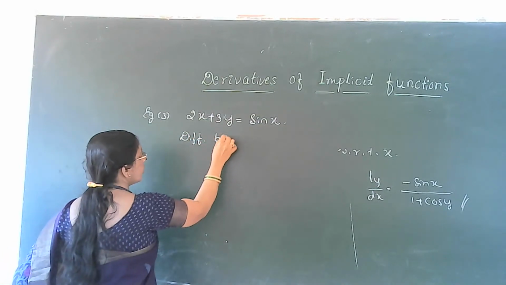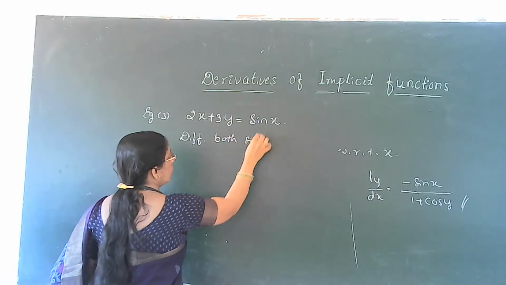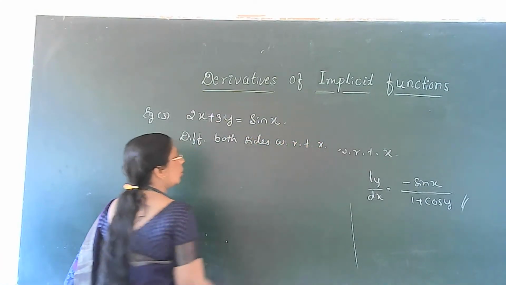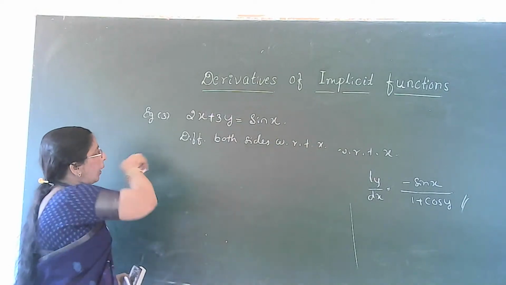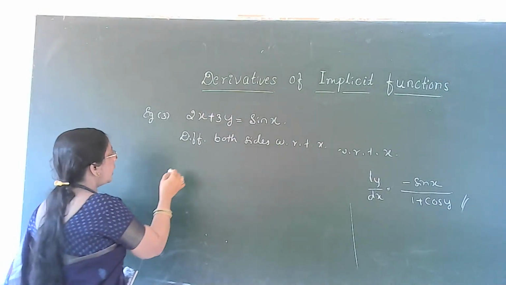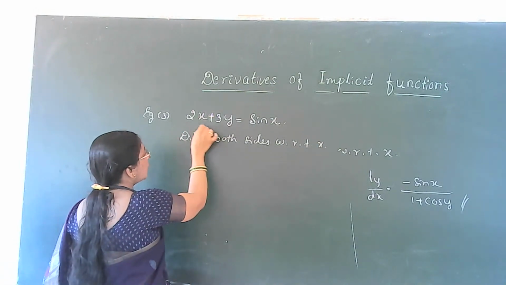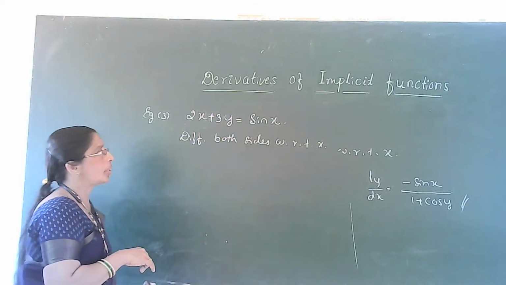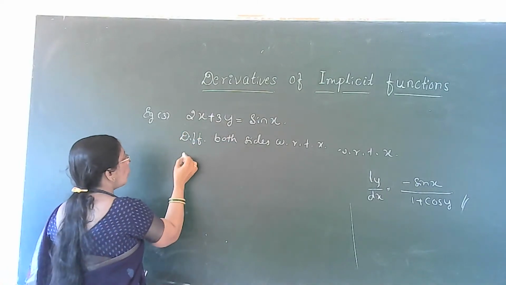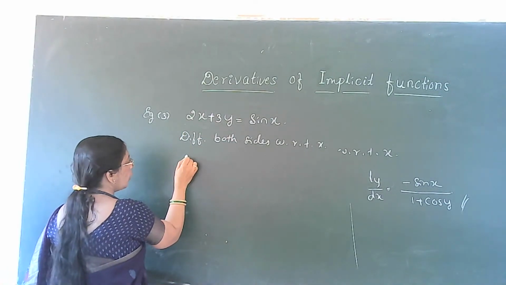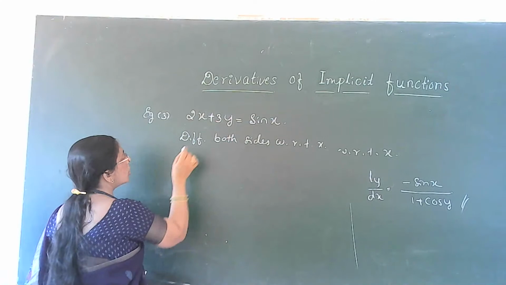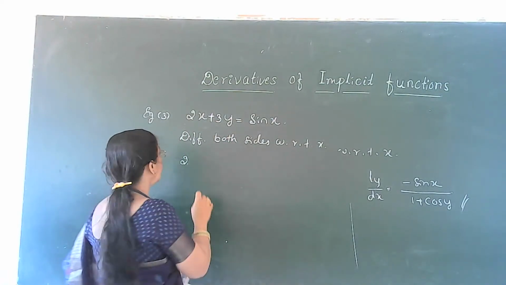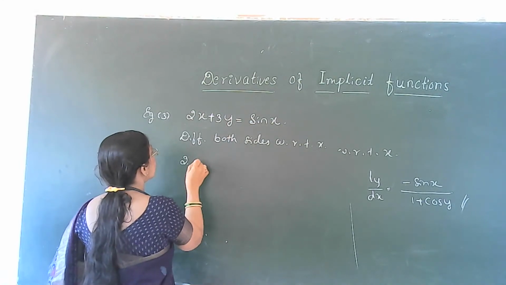differentiate both sides with respect to x. You have to write this and that also. Then find the derivative with respect to x of every term in the equation. Derivative of 2x: 2 is constant, derivative of x is 1. Therefore, 2 into 1 plus